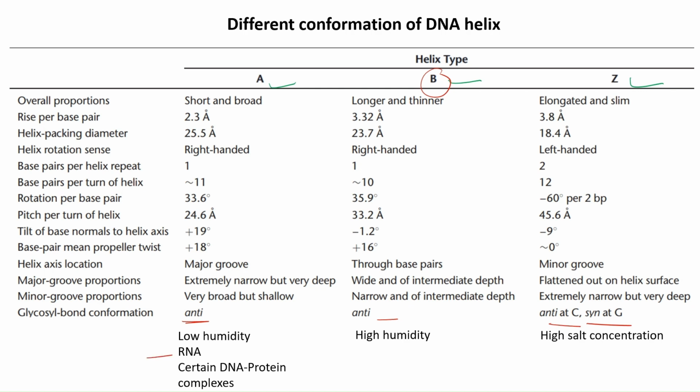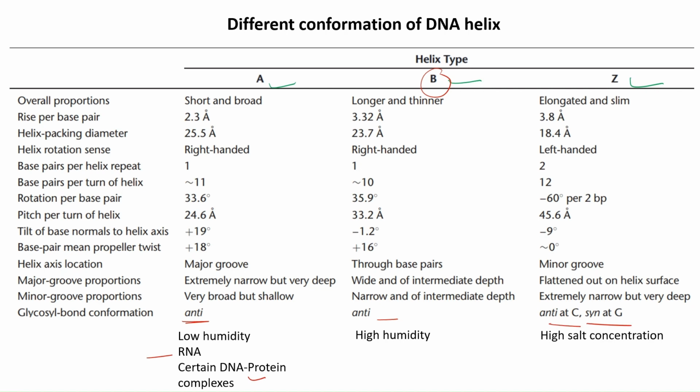RNA, though it is a single-stranded molecule, wherever complementary or palindromic sequences are present nearby, they fold. When they take a secondary structure, they mainly form a helix of the A type. And in case of DNA also, sometimes for certain DNA-protein complexes, the DNA